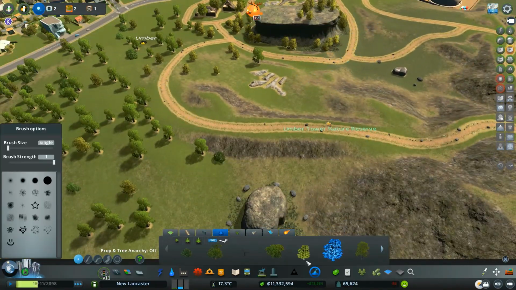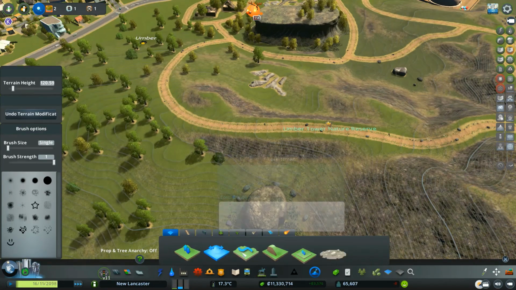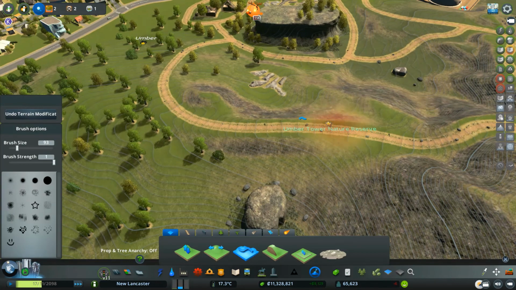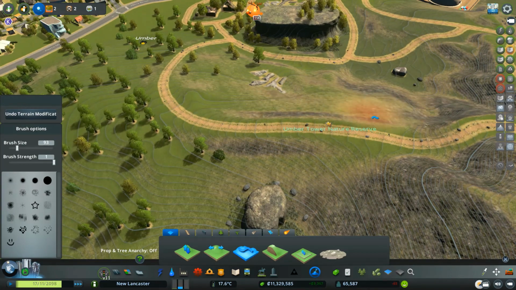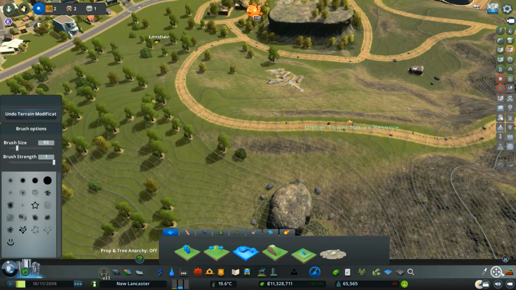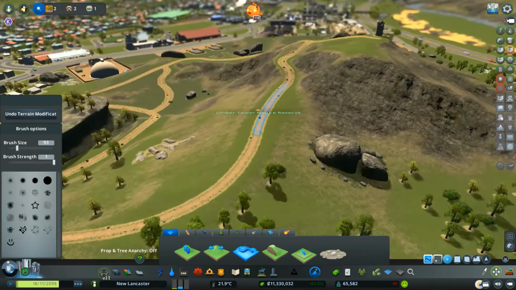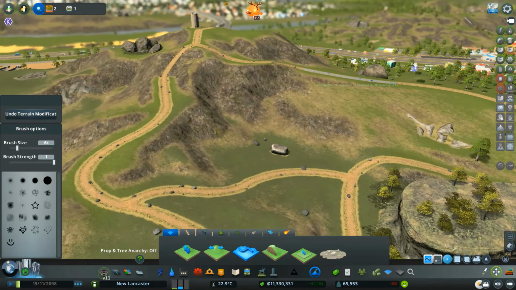Let's just terraform it a bit. Let's see if using the smoothing tool will kind of make it seem a bit more natural. Yeah, I mean, we could just move it a bit too. Oh yeah, that's really good.